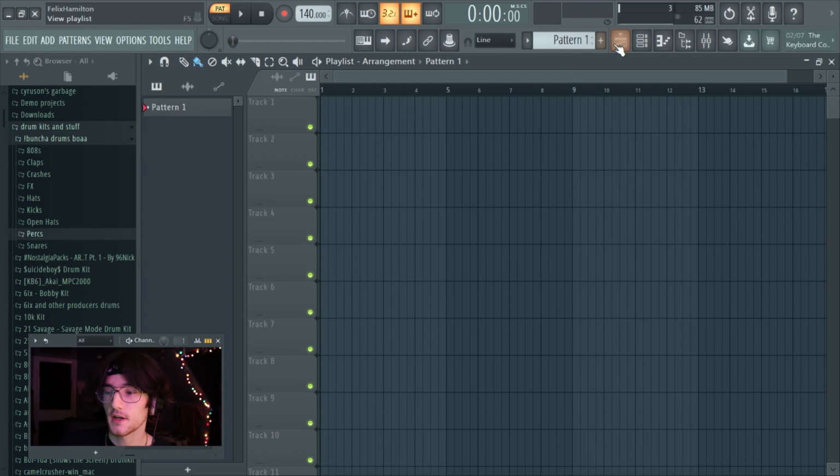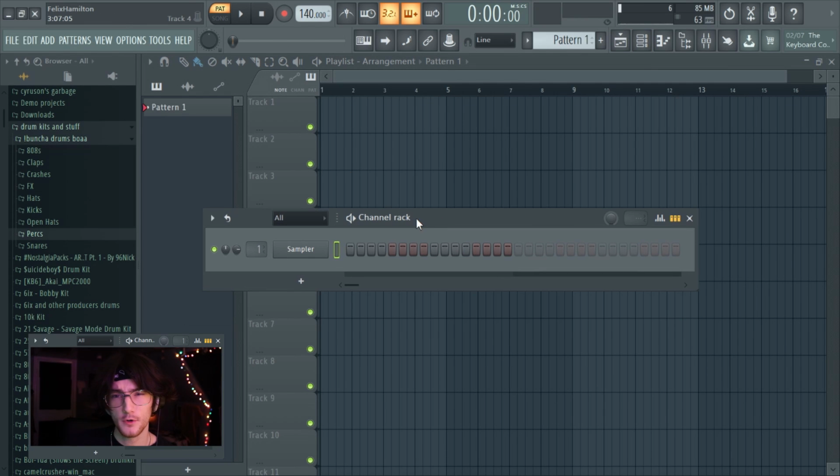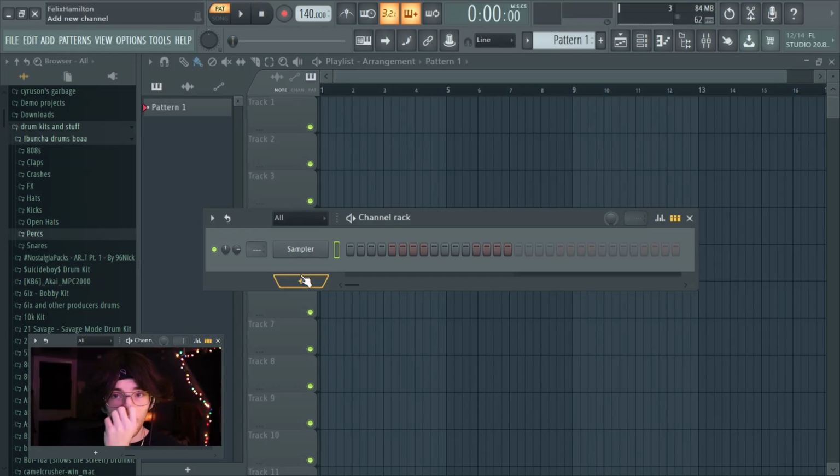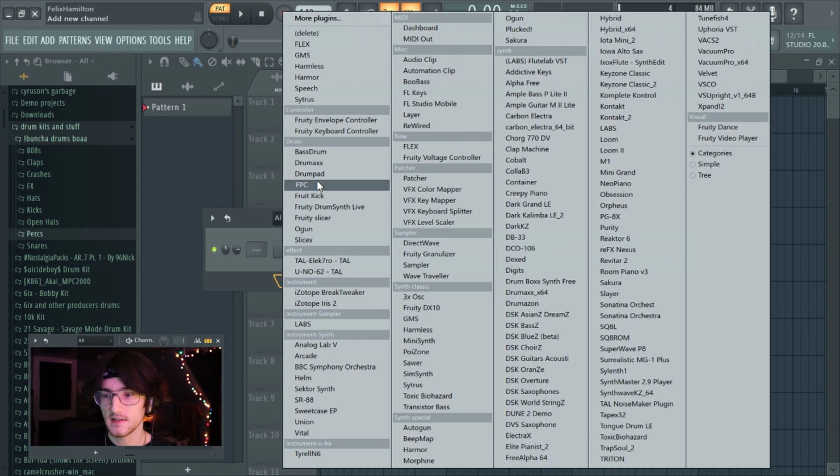Just kidding. The first thing that we're gonna do is go into the channel rack, which normally you'd hear me say, the first thing we're gonna do is go into the mixer and play our guitar part. But for this, I'm gonna start with the drums because Midi Trust has a very specific drum sound. Well, actually their entire sound is very unique, but basically the way I'm gonna make this beat is I'm going to play guitar over the drums, kind of like a backing track a little bit, and then we're gonna add the stuff onto there. So for the drums, I'm actually gonna go into FPC, which is a little bit weird,